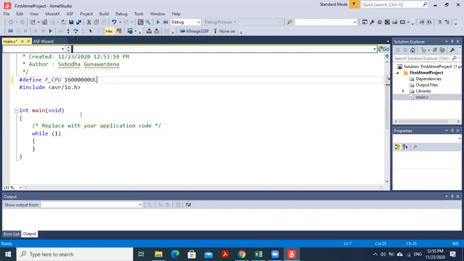So now what are we going to do? We'll try to write that simple program, the example program that we have in Arduino development boards, the LED blink example. So for that, what do we have to do? We have to decide on which pin we are connecting the LED to, and we have to switch on the LED, wait for a while, switch off the LED, and wait for a while, again switch on the LED, and likewise we have to continue that.